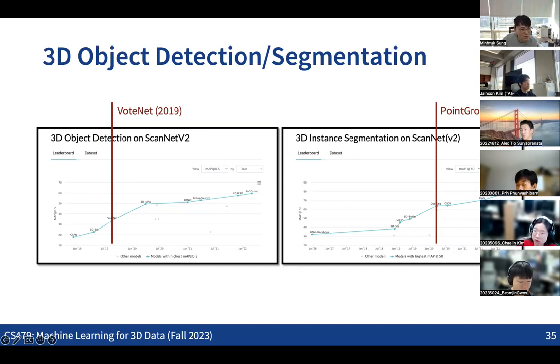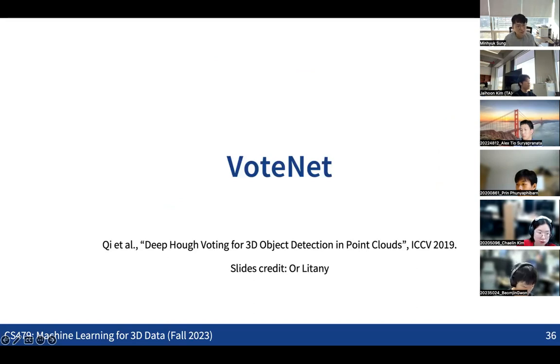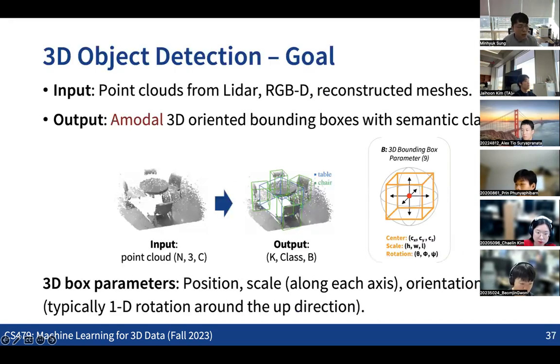So we're going to briefly start to discuss the VoteNet idea, which is about object detection. The goal of the network is that we are taking a 3D point cloud as input. Whether we have real scans, reconstructed meshes, or even NeRF reconstructions of these scenes, we can convert everything into a point cloud. Given the point cloud, we are going to predict a set of oriented bounding boxes in 3D space with their semantic labels as well.